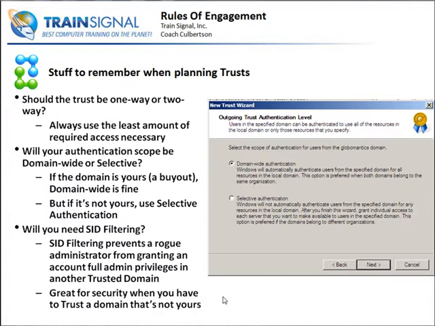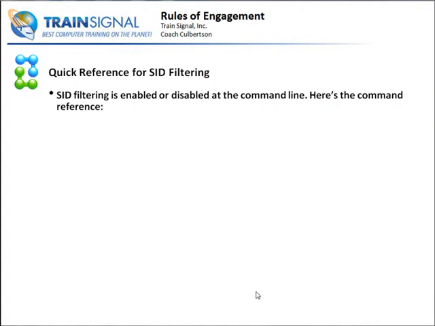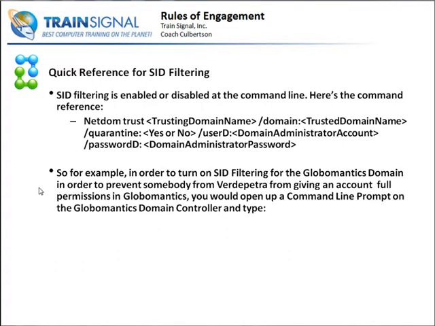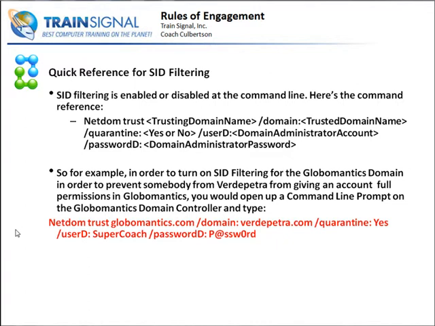Now, SID filtering, I just want to give you a quick reference. It's actually enabled or disabled at the command line. It's a one-line configuration kind of thing. And I'll give you the command line reference up here, but let me give you a quick example. Let's say that you wanted to turn on SID filtering for the Globomantics domain in order to prevent somebody from Verde Petra from giving an account full permissions in Globomantics. What you would do is open up a command line prompt on the Globomantics domain controller, and you would type this: netdom trust